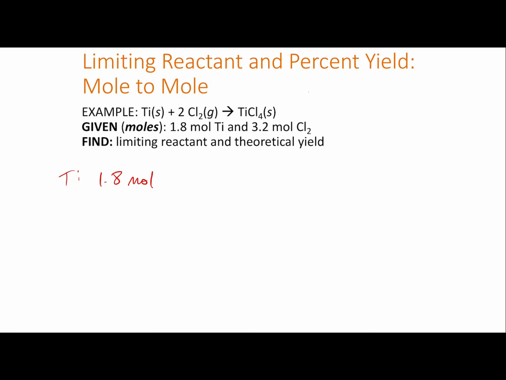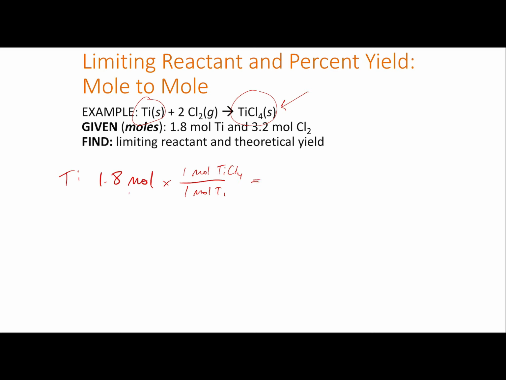My balanced formula, it is balanced. And you should always check it to make sure it's balanced. But 4 chlorines on both sides, 1 titanium on both sides, it's balanced. This says 1 titanium makes 1 titanium chloride. So if I've got 1.8 moles of titanium, and it says 1 mole titanium makes 1 mole titanium chloride, then